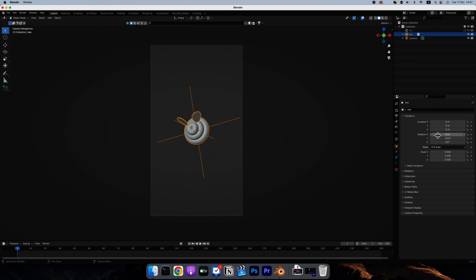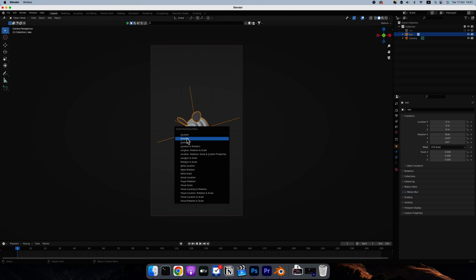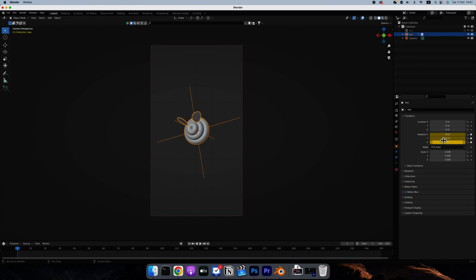It's going to start with these rotations, but if I apply the rotation for a collection instance, it's going to go back to its original position, which is, I think, what the bee looks like originally. So I'm going to bring it back. We don't need to apply the rotations. It's fine like this. So what I do is right click on the rotation, insert keyframe, or you can hit I and select rotation, and that will insert a keyframe at that frame. So for me, it's on frame 1 right now, and if I select rotation, then it's actually adding a keyframe